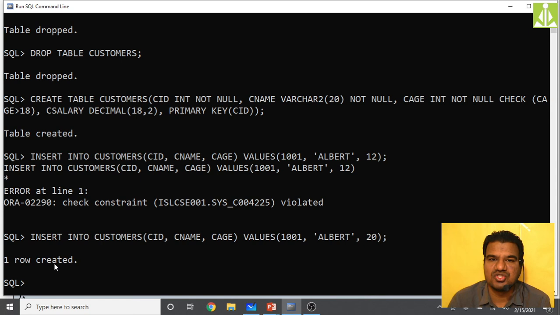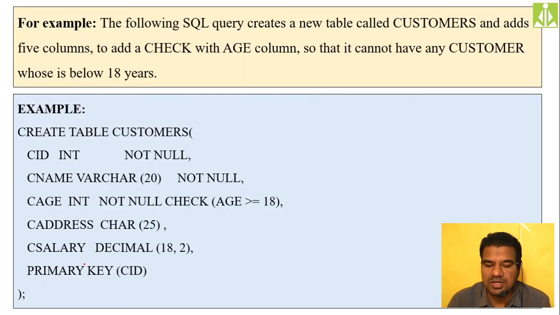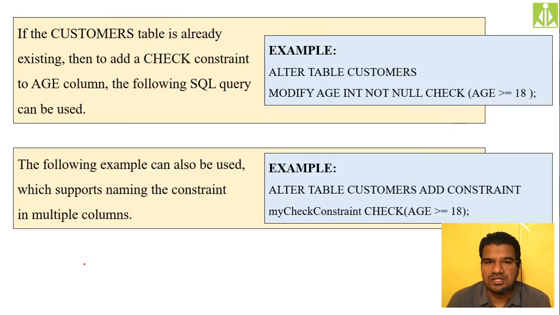Like this you can remember. Check constraint, just to impose conditions at the time of data entry, just to impose conditions on columns, we can use this check constraint. It is very simple to understand. Okay, so if the table is already existing, you can use the alter table command to add this check constraint. And moreover, you must ensure that all the records already created satisfy this condition. Even if one single record is not satisfying this condition, you cannot impose it.